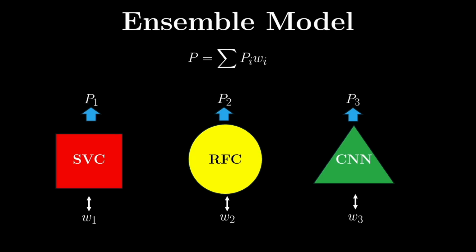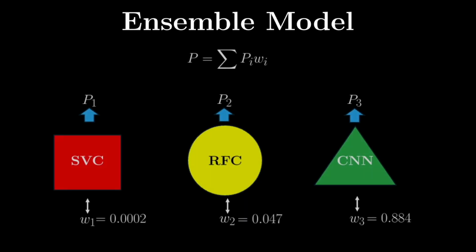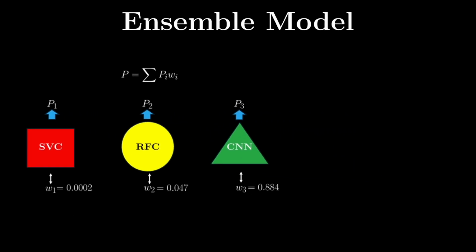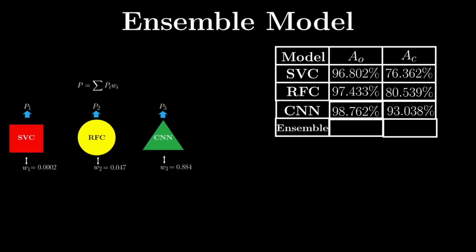After tuning the voting weights using Bayesian optimization, we find that the ensemble model relies primarily on the strong performance of the CNN, with a smaller contribution from the random forest classifier. The support vector machine receives almost no weight, indicating it contributes little to the final decision. As a result, both overall and per-class accuracy improves slightly to 98.776 and